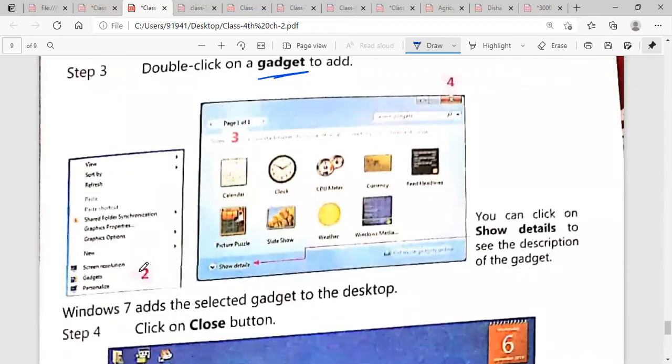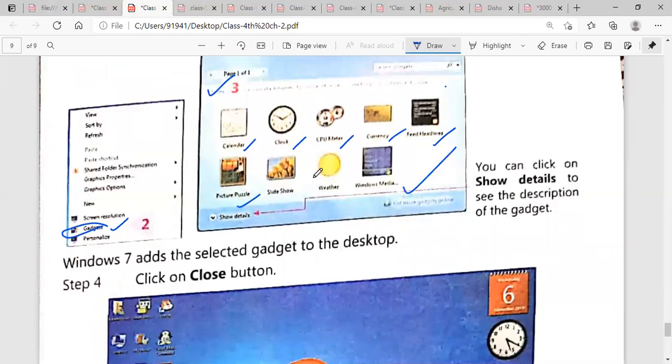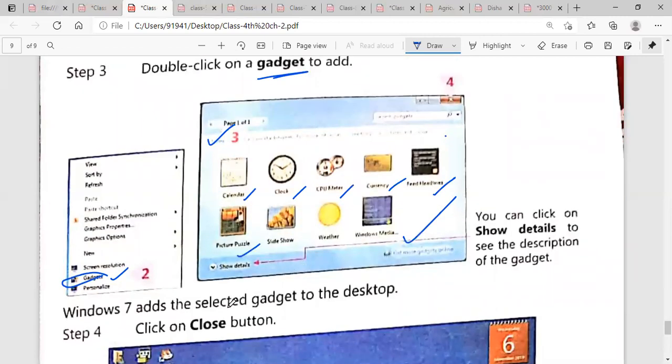Here you can see. Here, right click and select gadgets, and this window will open. Here you can select a calendar, clock, CPU meter, currency, headlines, meaning news, picture puzzles. You can select games as well. Okay, those games will be shown on your desktop. Okay, now next step is click on the close button. The things which you want to add, double click on those, and at the end you